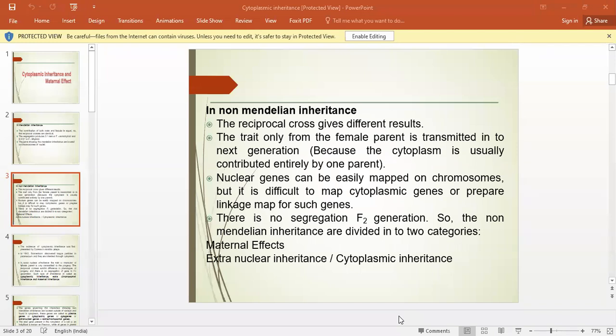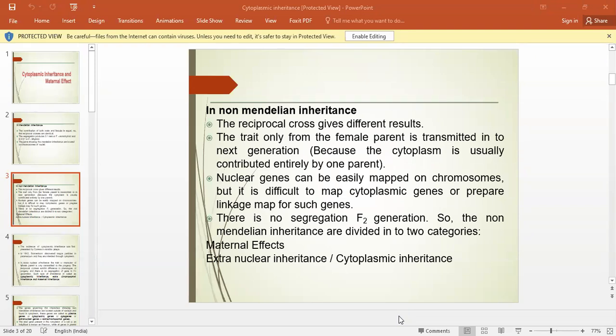Or it is the DNA of another organelle, like the DNA of mitochondria, DNA of the chloroplast. So this DNA which is present other than in the nucleus is called extra nuclear DNA. Extra means additional, and nuclear, as in other than the nuclear DNA. That which is extra present in that cell is known as extra nuclear DNA.